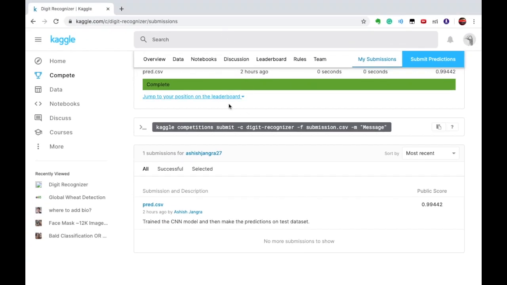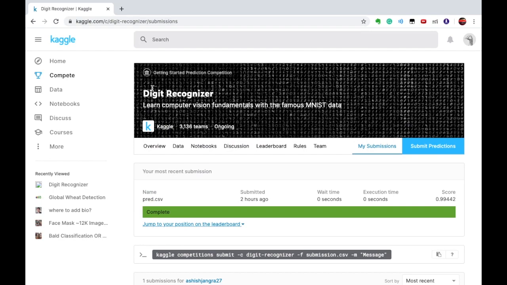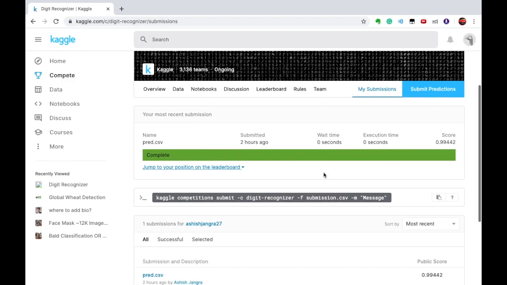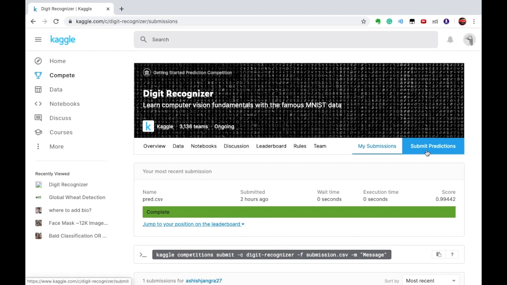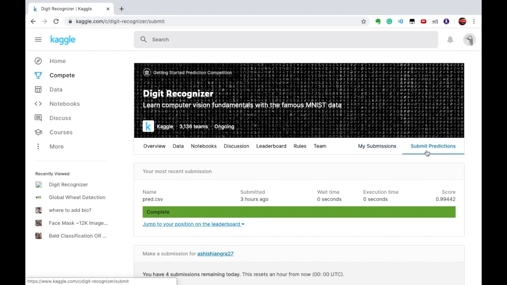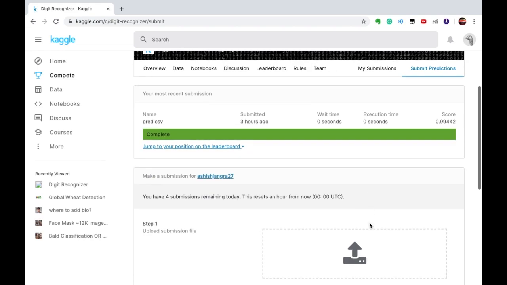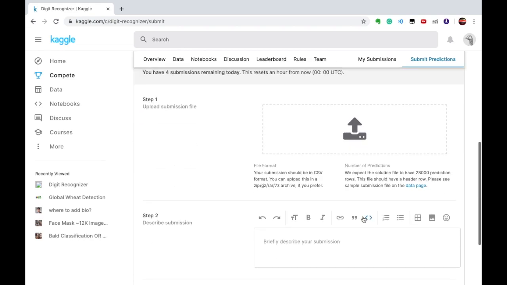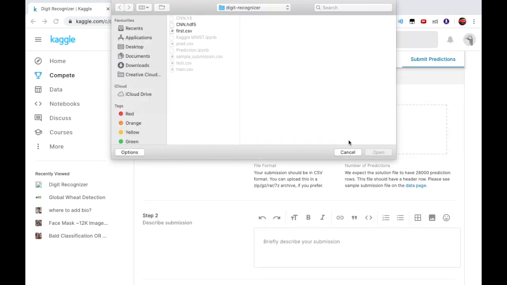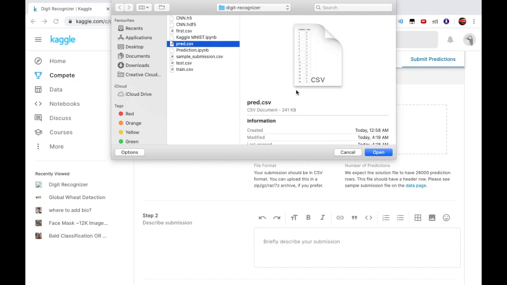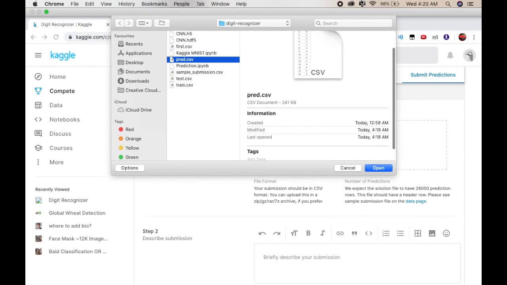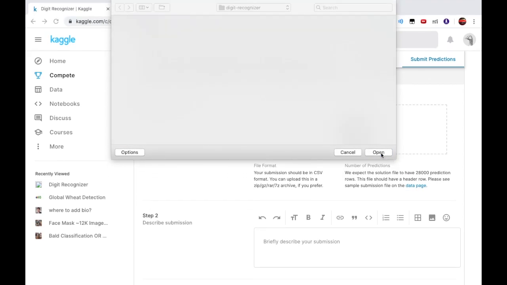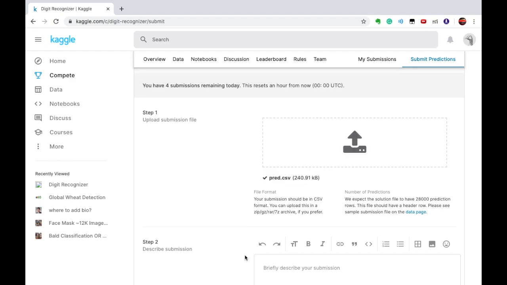I am going to upload this file on my notebook. I'll go to this page, where you can see my submission. Now I am going to make another submission, so go to submit predictions. Here I am going to upload my prediction file, which I have just modified.